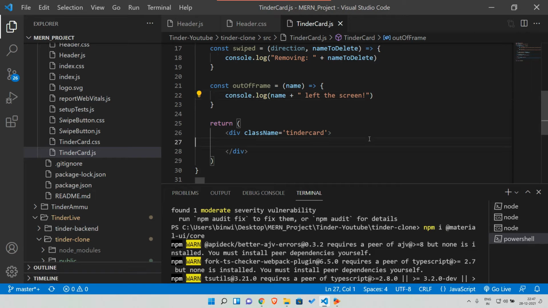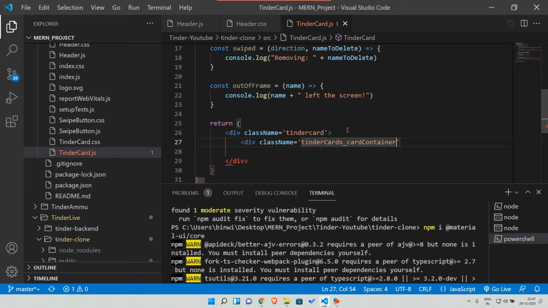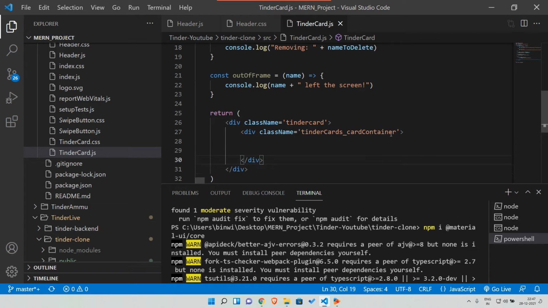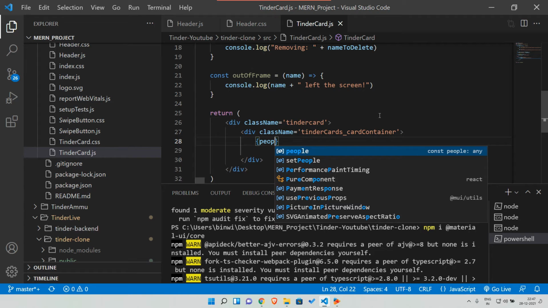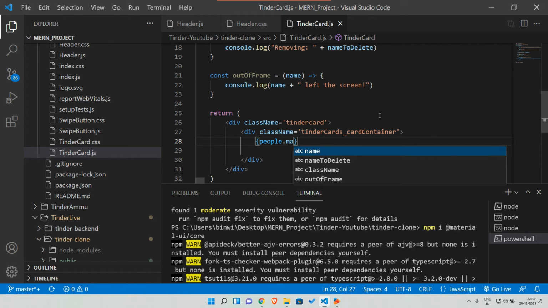Inside our div function, inside our return function, we can give another div, which is nothing but div className as tinderCards_cardContainer, like this, and we can just close it. Okay, and inside this we need to map the people, so people.map